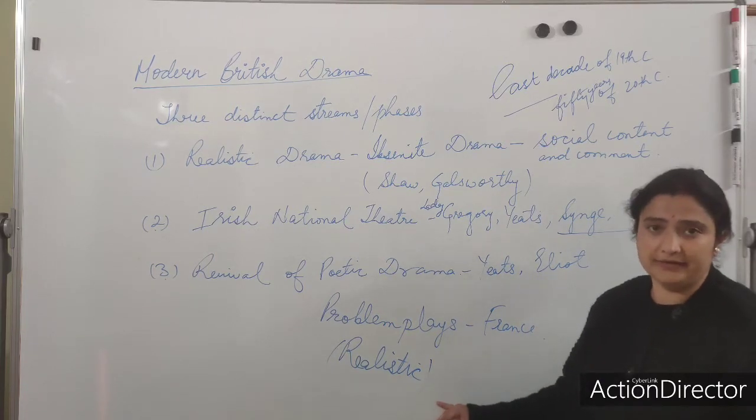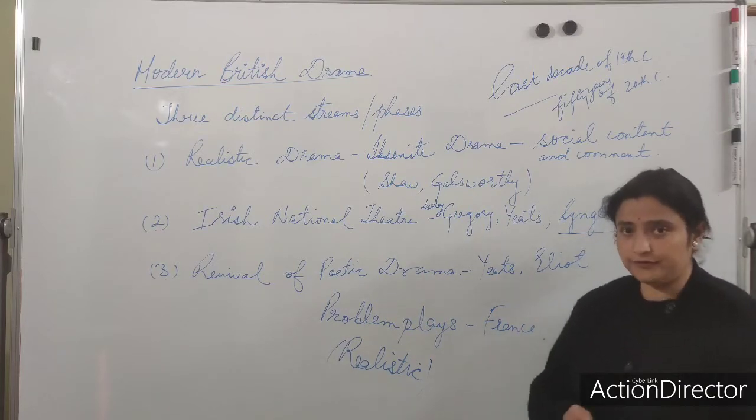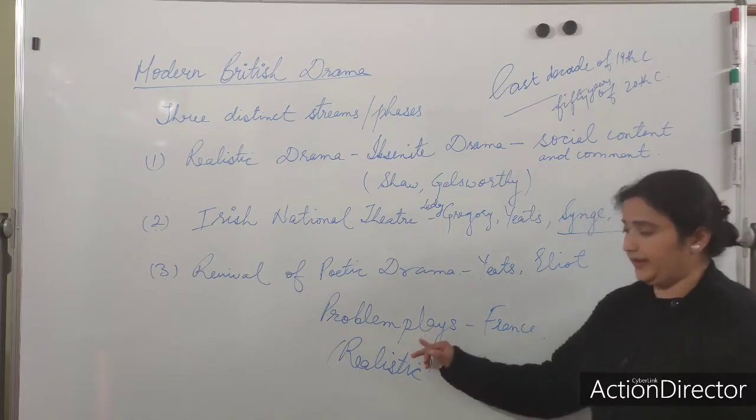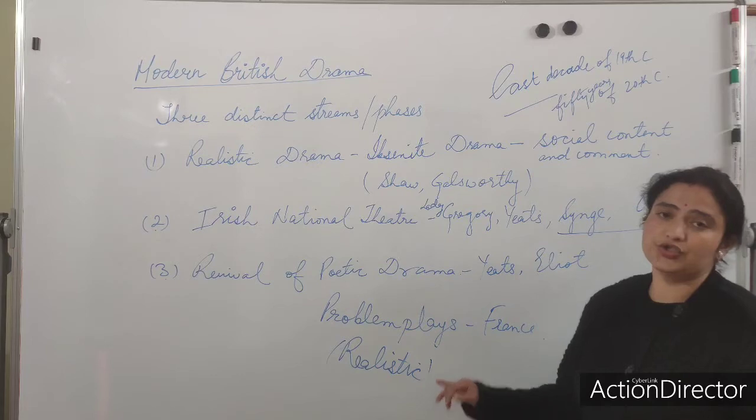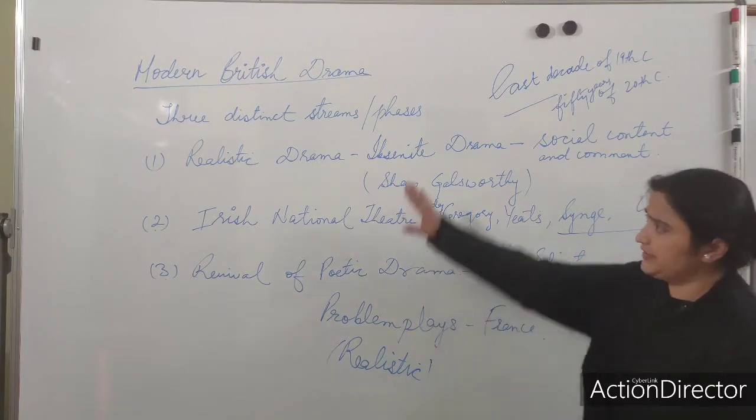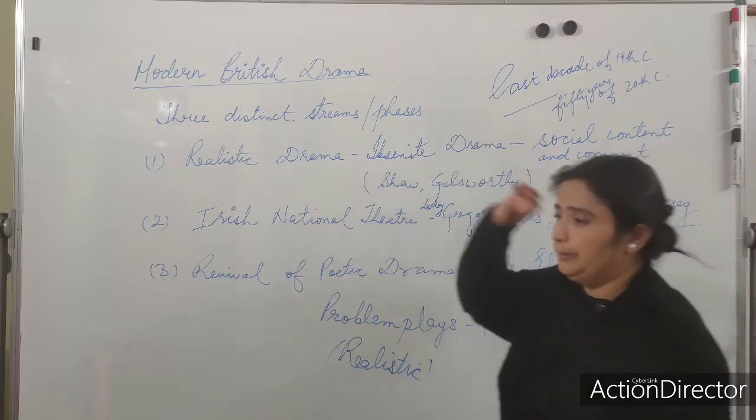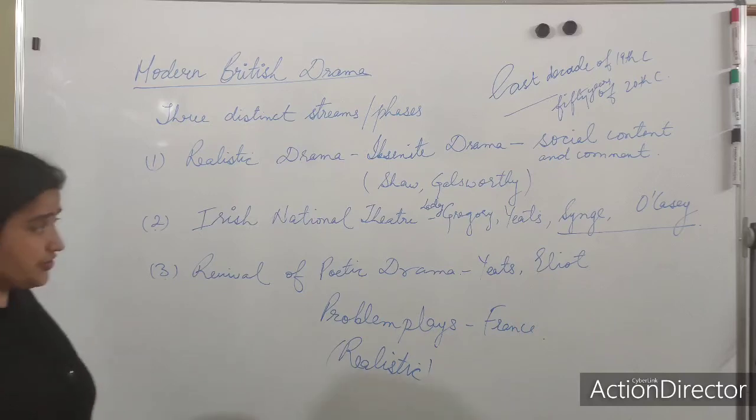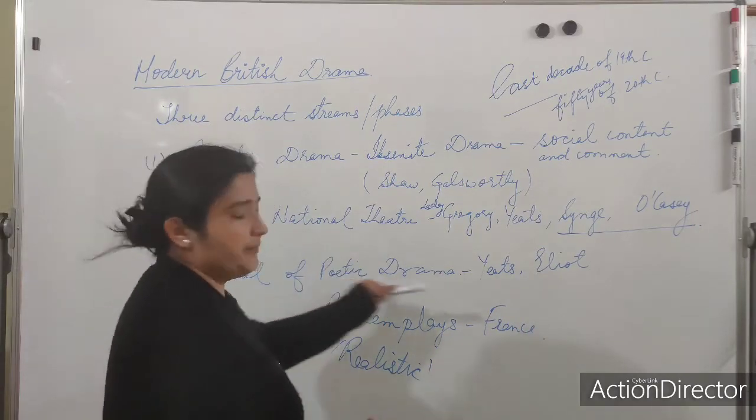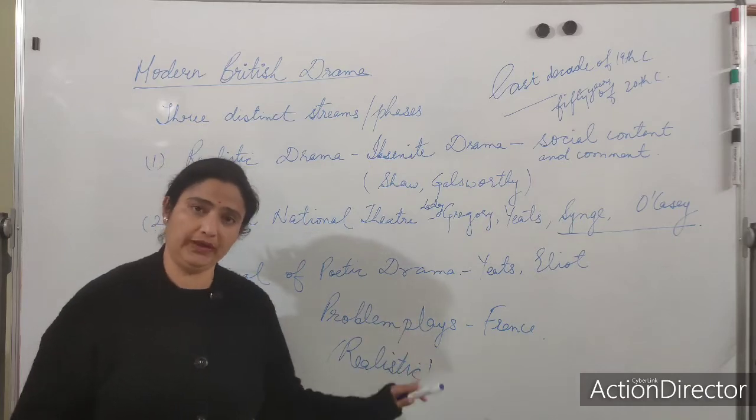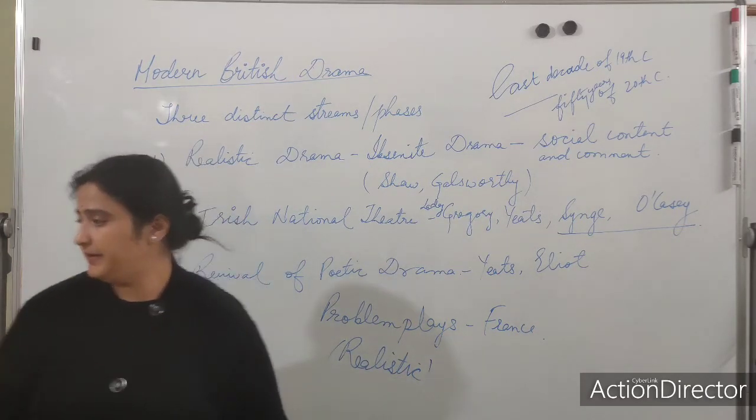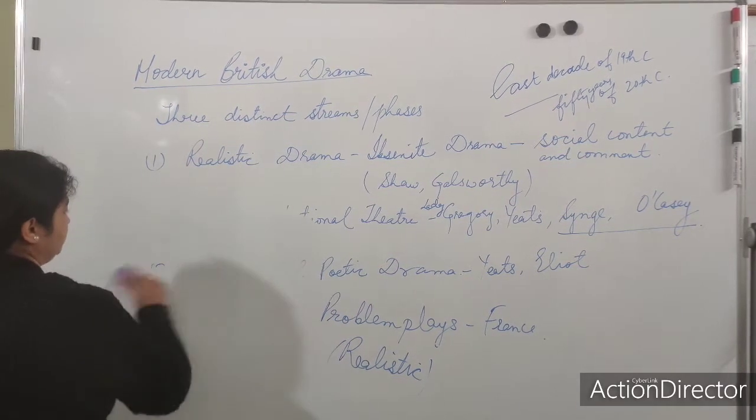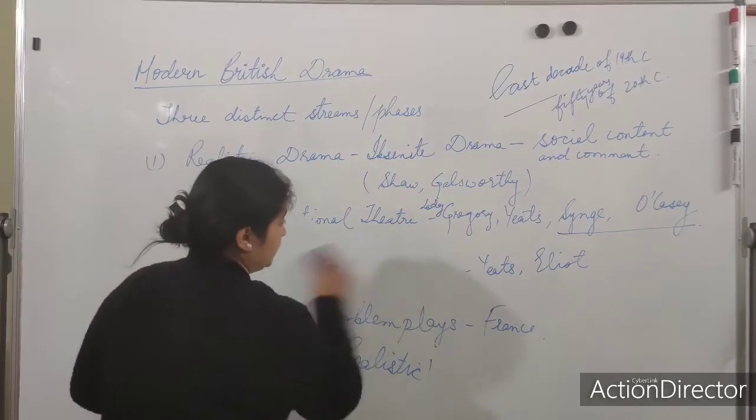Shaw's Arms and the Man, with which I will start, that will be our first text which I will deal with, is again a problem play by George Bernard Shaw. Okay? This much is enough for you to remember that the modern British drama can be categorized into realistic drama, Irish drama, the National Theatre which came up, and then poetic drama. Okay? Let's begin with the main thing, and the main thing over here is your play Arms and the Man by